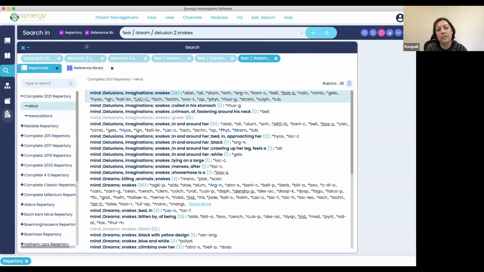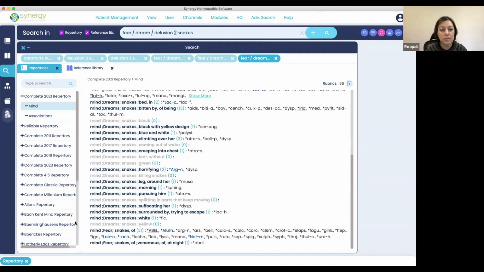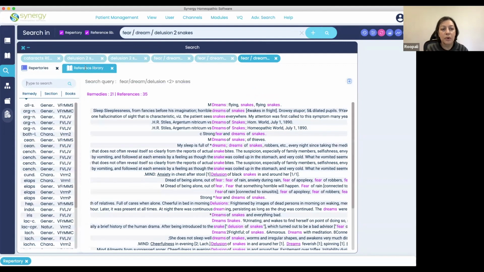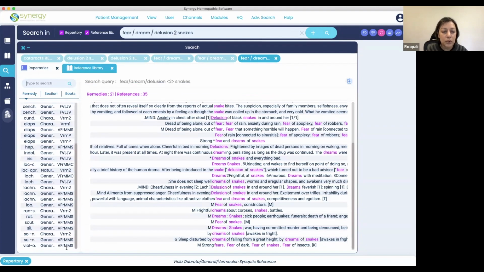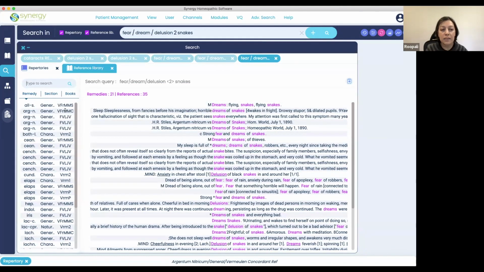So obviously, this is a very common rubric, so you're going to get tons of results in all of these repertories. But then when you go to the reference library, it only ran, you can see Vermeulen, fungi. These are all only Vermeulen books, Materia Medica, Synoptic 1, Vermeulen 2, all the different Vermeulens that we put in that custom category. And you got 21 remedies that have either a fear or a dream or a delusion of